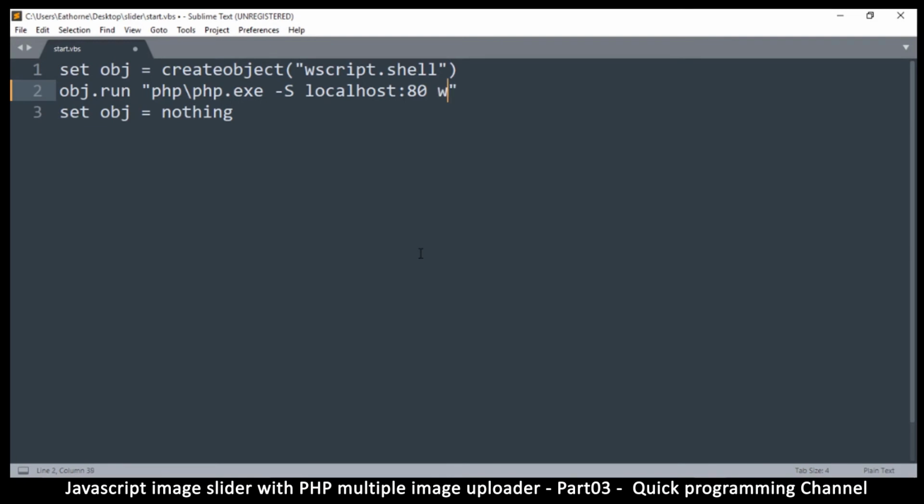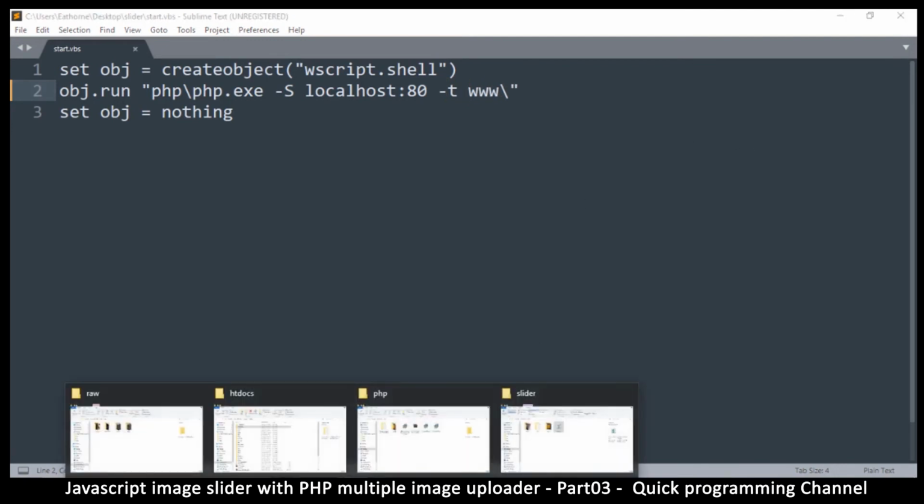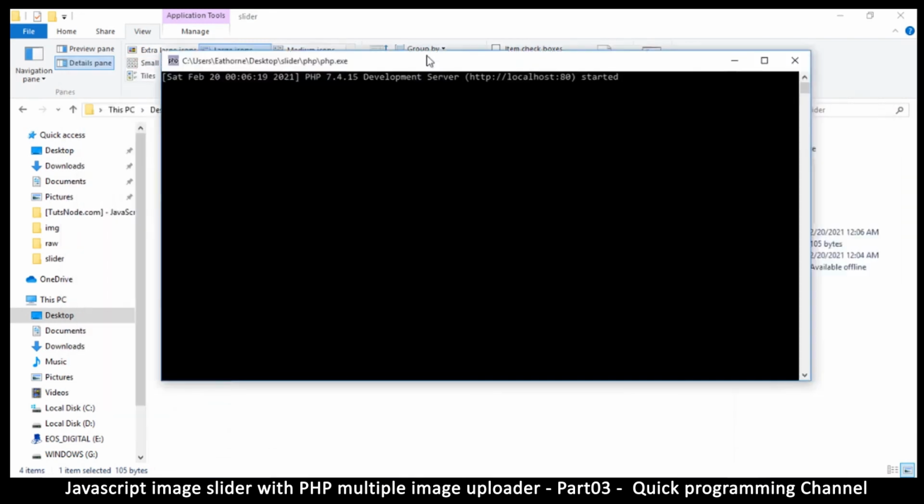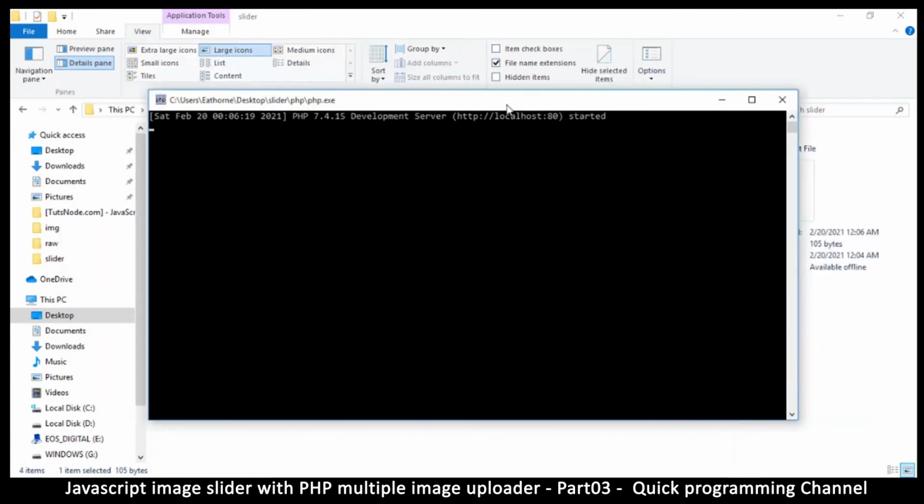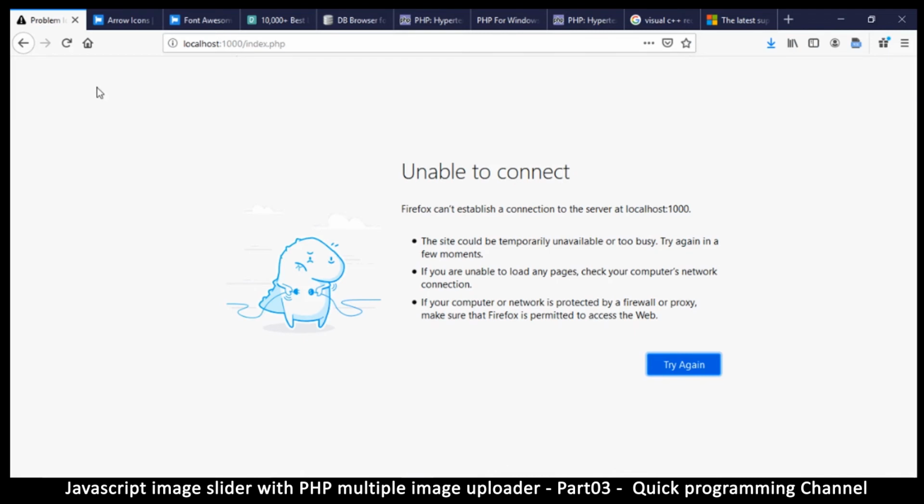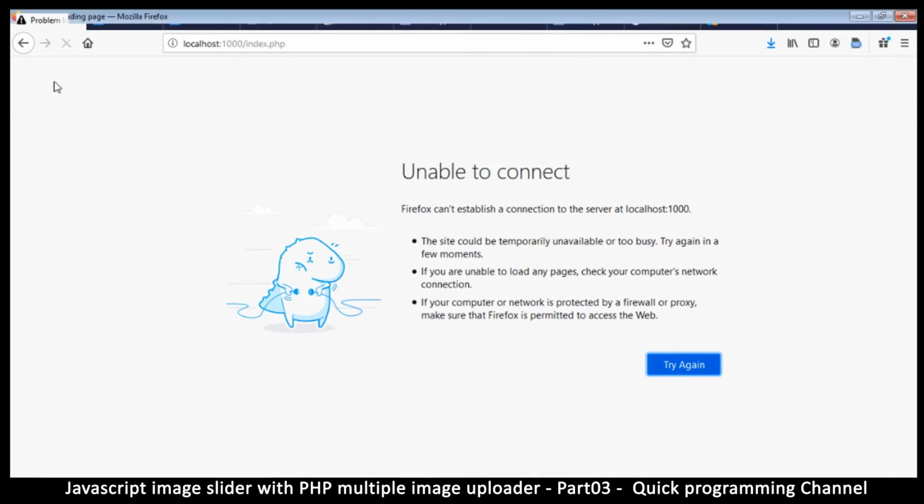And then let's put www because that's our folder. And don't forget the /t, like so. Save. So let's see what happens now. Let me do that. Very good. Okay. Very, very good. So at this point, the server has started. So if I go here and refresh, I will see there will be,